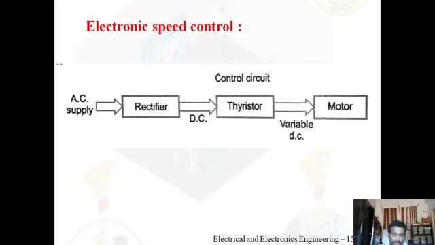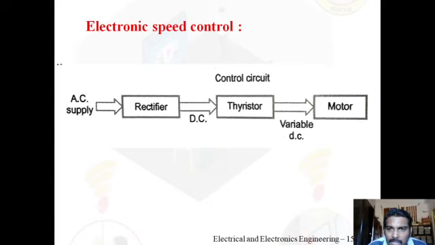So up till now, we have seen armature resistance control, or how the speed is controlled by varying the resistance connected in the armature. Now we will see how the speed is controlled with the help of electronic devices. If you observe the block diagram of the circuit,